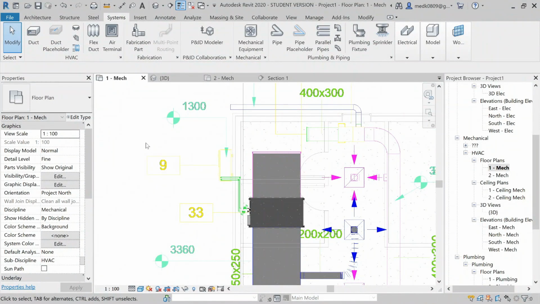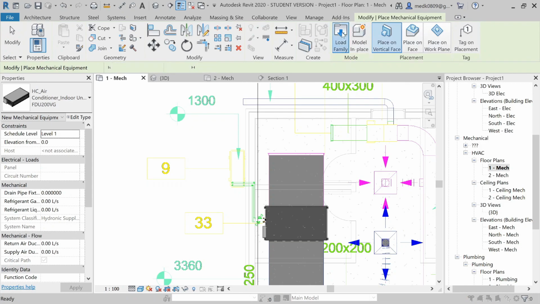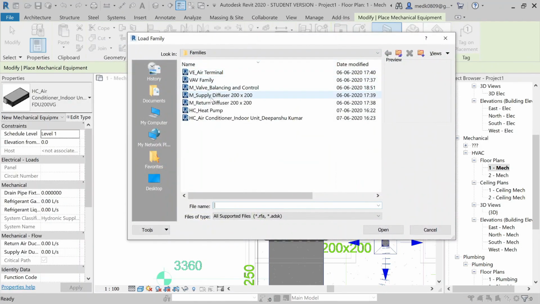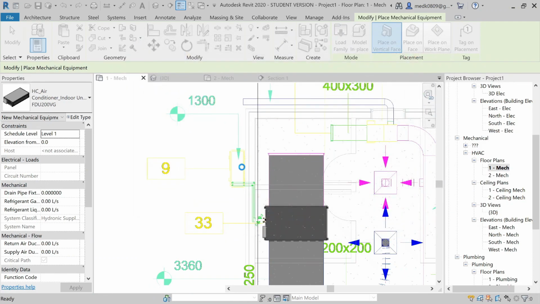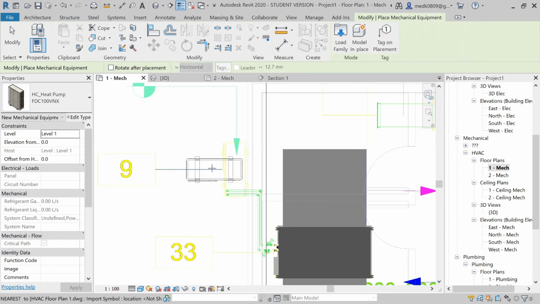Let's place the heat pump in the mechanical floor. For that we'll go to system tab, mechanical equipment, load family, and we'll select the heat pump. Here we have the heat pump. Open, and place this heat pump in the level,